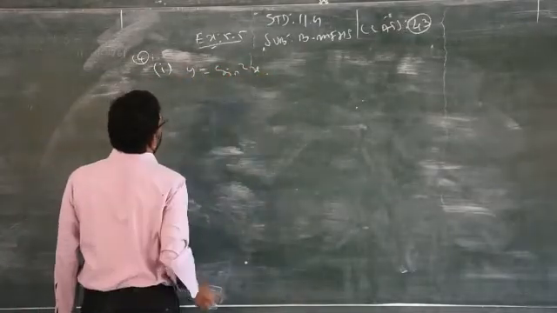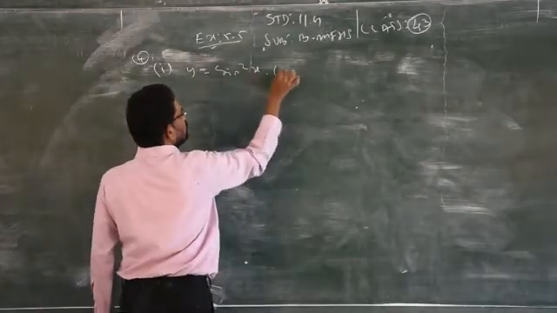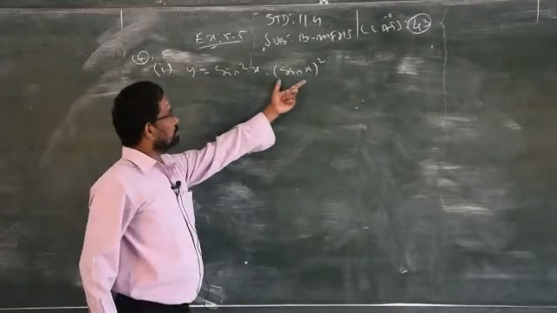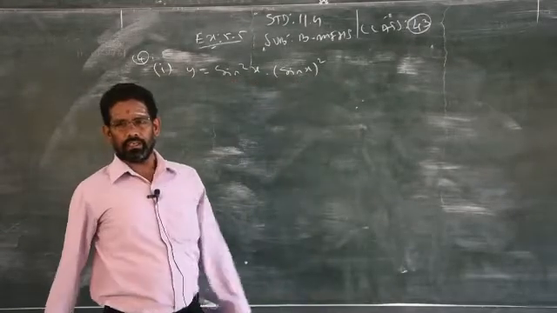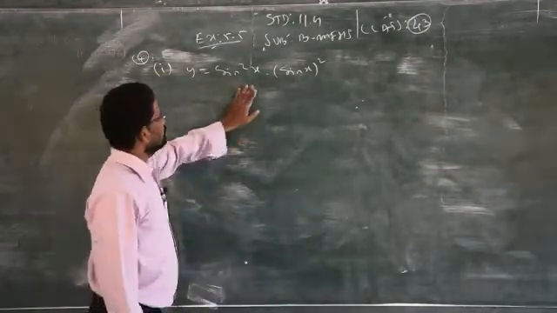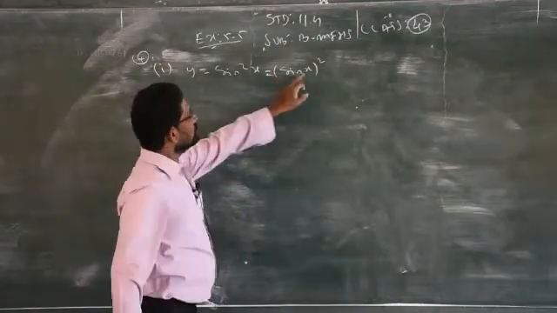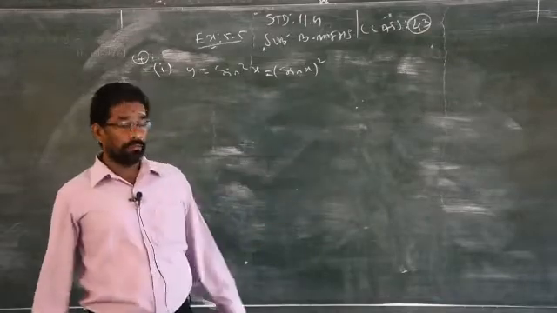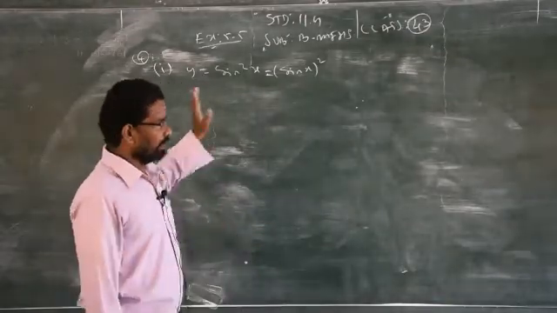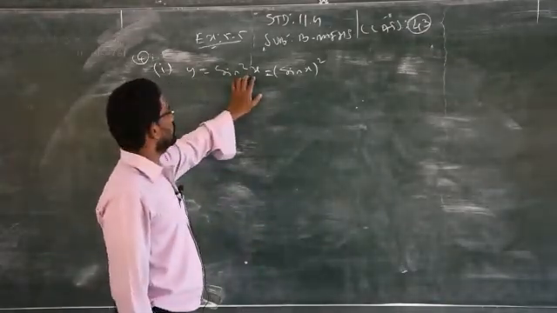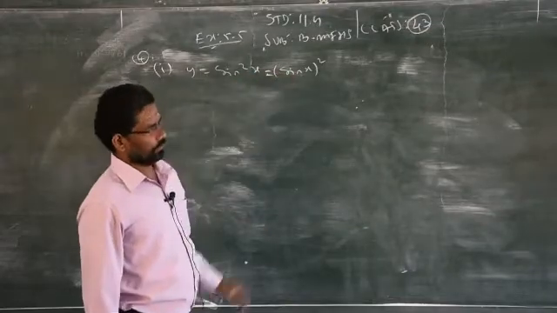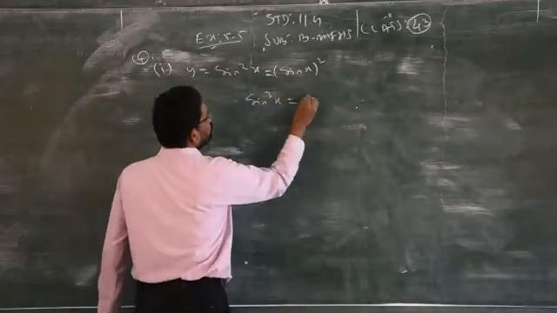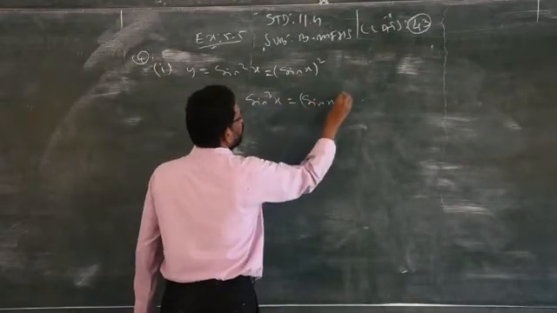sine square x. Actually this you can write, this is the exact process for writing sine square x. So, sine square x is nothing but sine x the whole square. Clear? This I explained already while I was teaching the 4th chapter. There is no difference between sine square x and sine x the whole square. If it is given sine cube x, then you have to write sine x power 3.